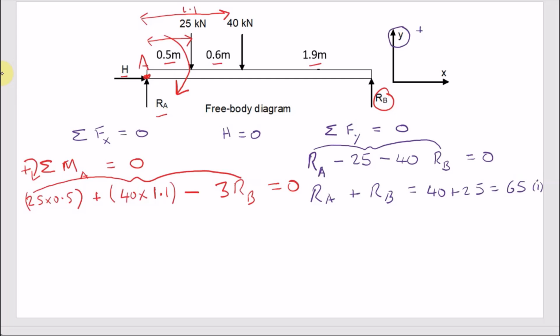Let's work it out. So first bracket, we've got 25 times a half, which is 12.5. Next bracket, we've got 40 times 1.1, or 40 times 1 is 40. 40 times 0.1 will be 4, sorry, so that'll be 44. Yeah, that's right. And minus 3 RB will equal 0. Right, so let's tidy it up. Let's take the 3RB to the other side to make it positive. And let's add up the numbers. 44 plus 12.5 is going to give us